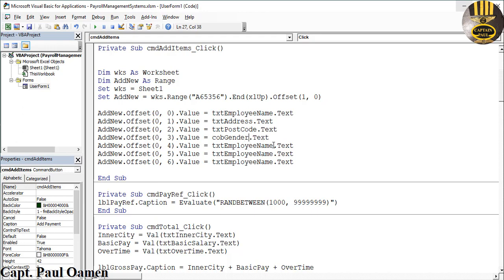And this one I'm going to make LBL pay rate dot caption. Then this will be employer name, and here I'm going to make that the basic pay, basic salary is called. Okay,